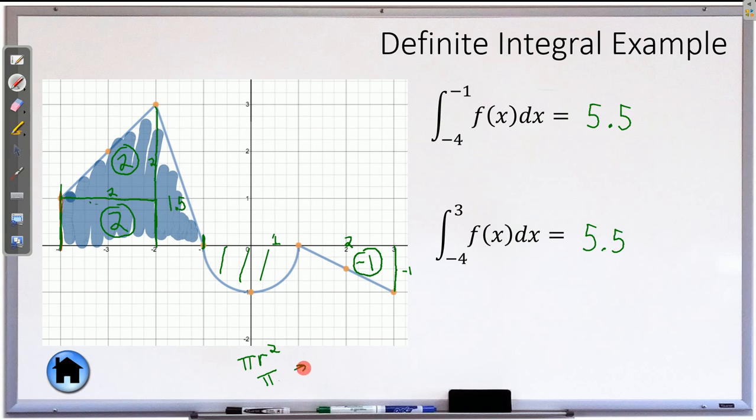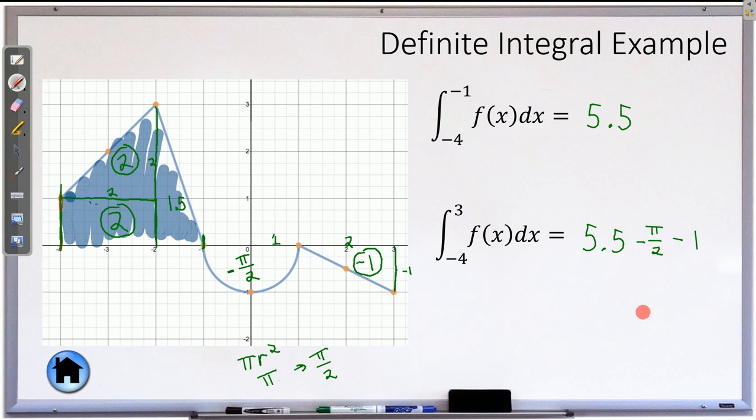Half a circle will be pi over 2. So because it's only half a circle, that will be pi over 2, and because it's underneath the x-axis, it is negative. So we combine all these, minus pi over 2,